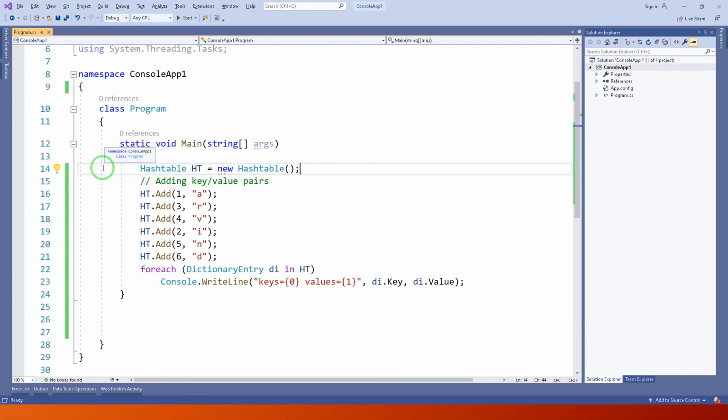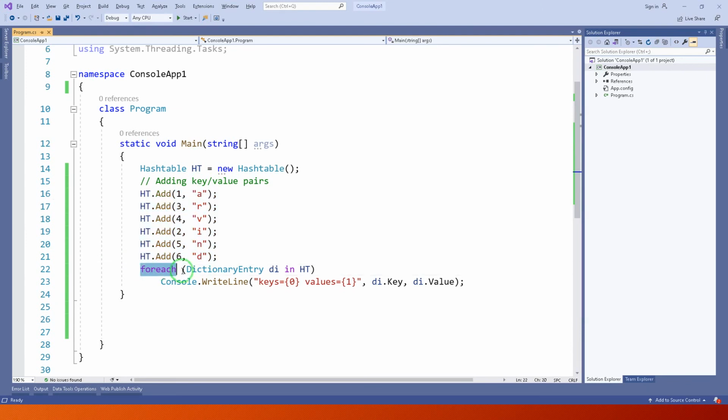In this example we have covered the hash table. We defined HT having type hash table, and in this hash table we add some keys and values. These are the items we added in the hash table, and in the next line we just print this hash table.